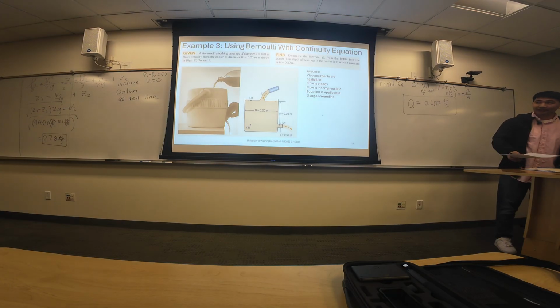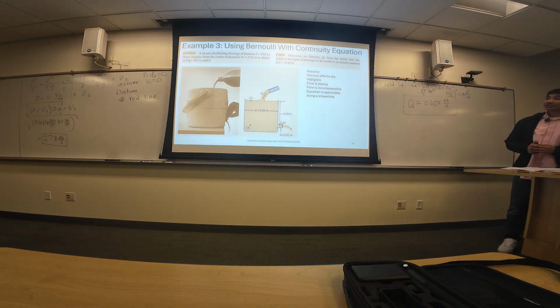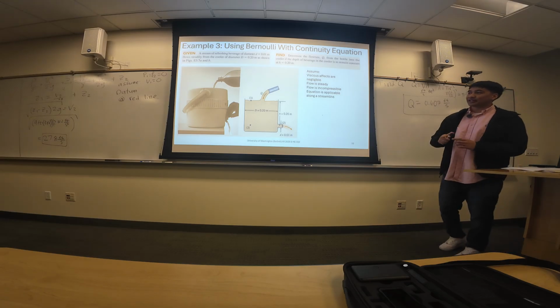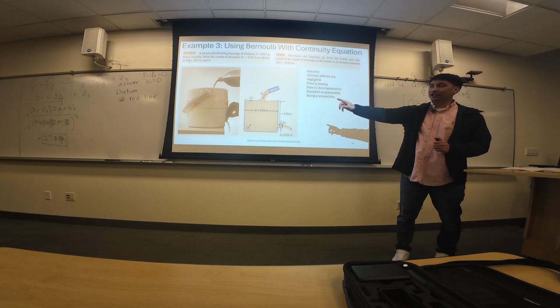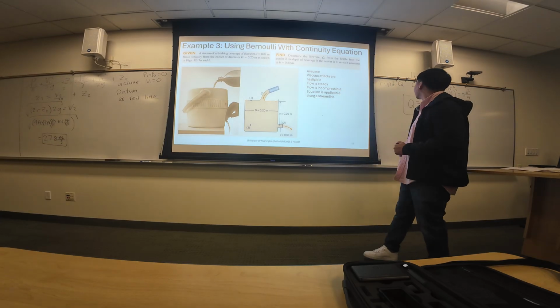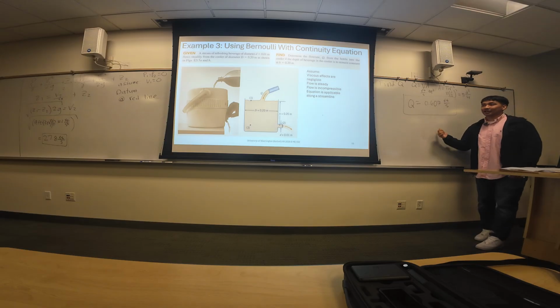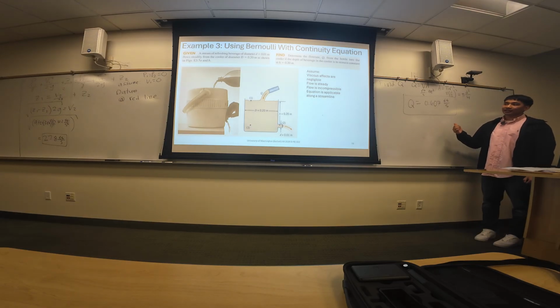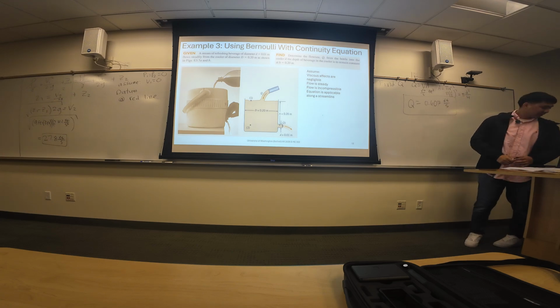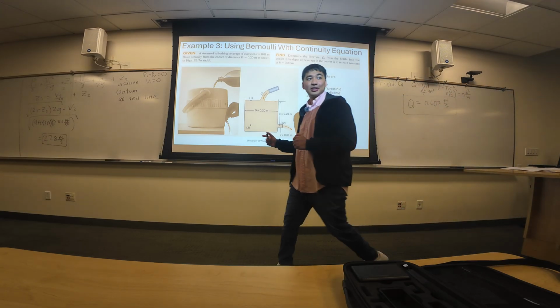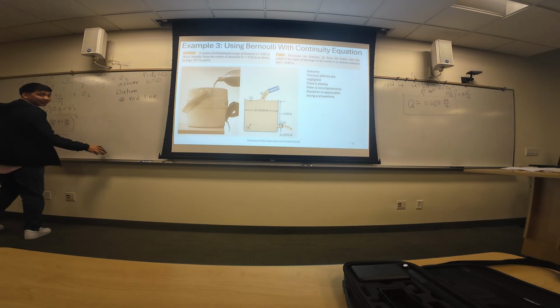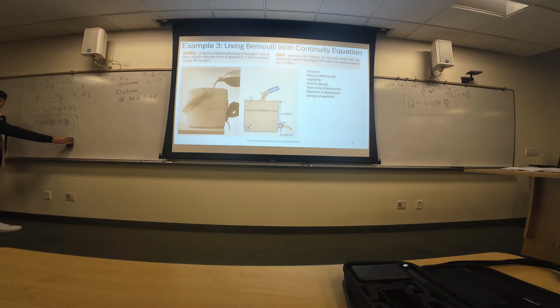So, okay. This is going to be our last example. And the way I kind of chose this is because our first example was just Bernoulli's equation without the continuity equation, right? We just solved for it over there. And then you had to use your continuity equation to find the volume flow rate. So that combines both of the equations we learned. So this problem is going to use both. Okay, so you guys can get a head start and read it. I'm going to erase this unless somebody else needs it, and we'll solve it on this side. Okay.